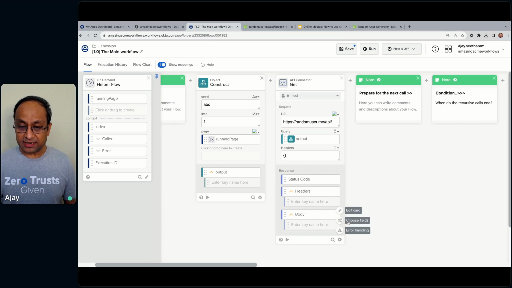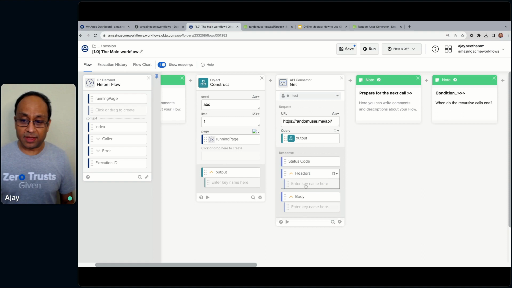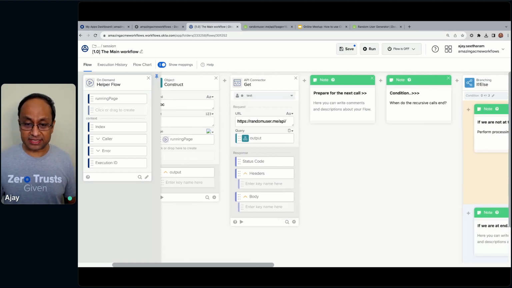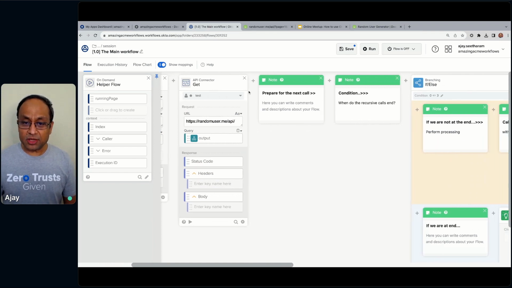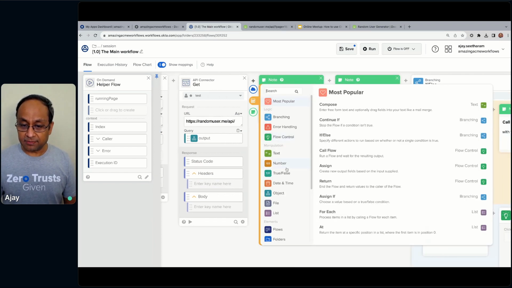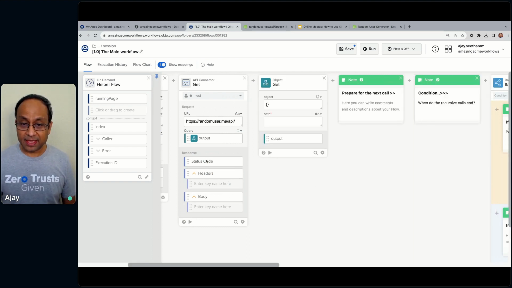If I didn't need headers, I could uncheck that. In your example, you may want to send in headers. So in case that's needed, you'll keep that. And then let me go ahead and just get the value. So you'll notice that over here, it's an object. So I'm going to get